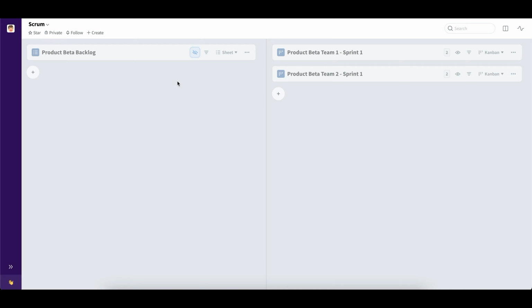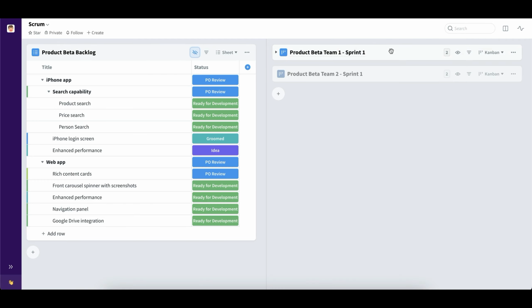Main Status Fields. Yes, you heard it right. You asked for it and we delivered. The Main Status field will allow you to choose either shared or board status and apply it to multiple Kanbans at the same time. In this example, we have a product beta backlog and a few beta team sprint